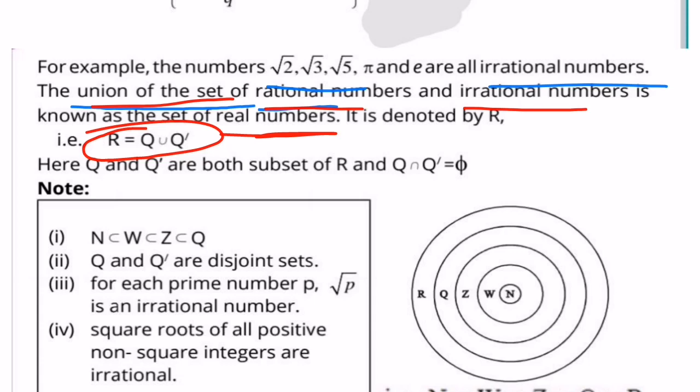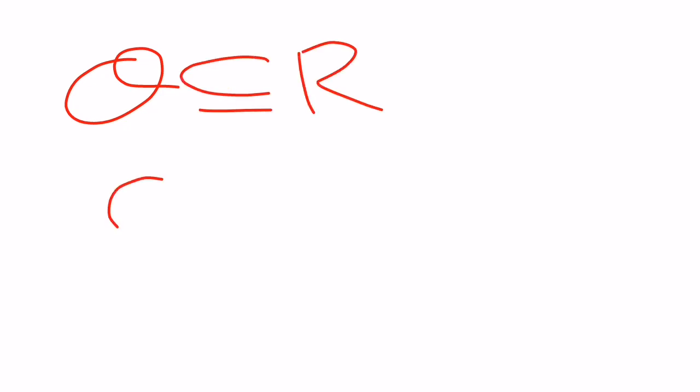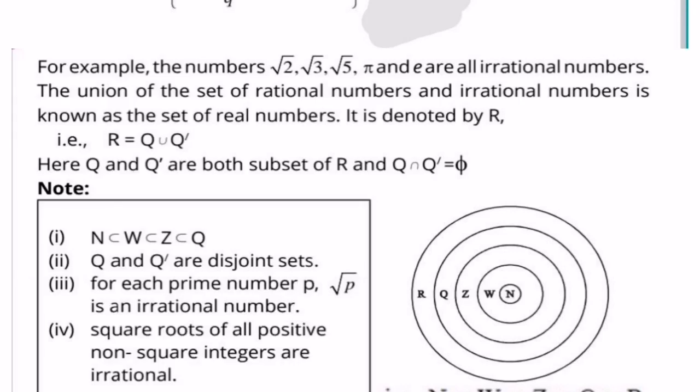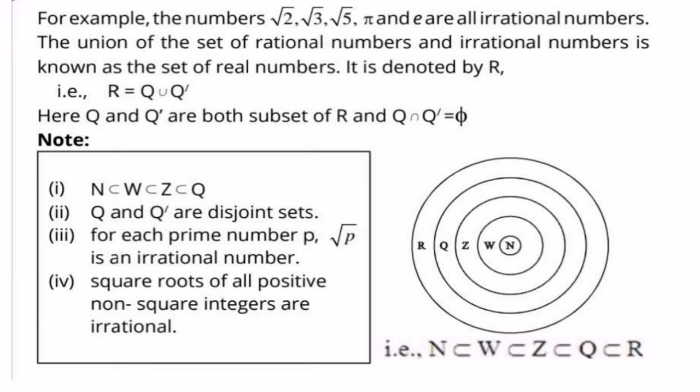Means the real numbers will be the union of the set of rational numbers and the set of irrational numbers. Here Q and Q prime are both subsets of real numbers. Means Q is contained in real numbers, and Q prime is contained in the real numbers. From this diagram,